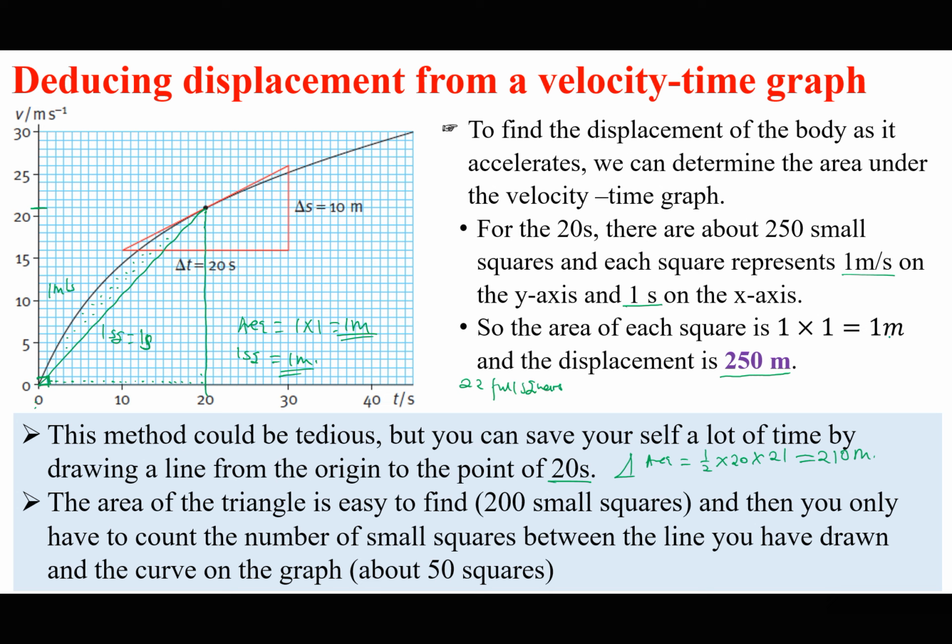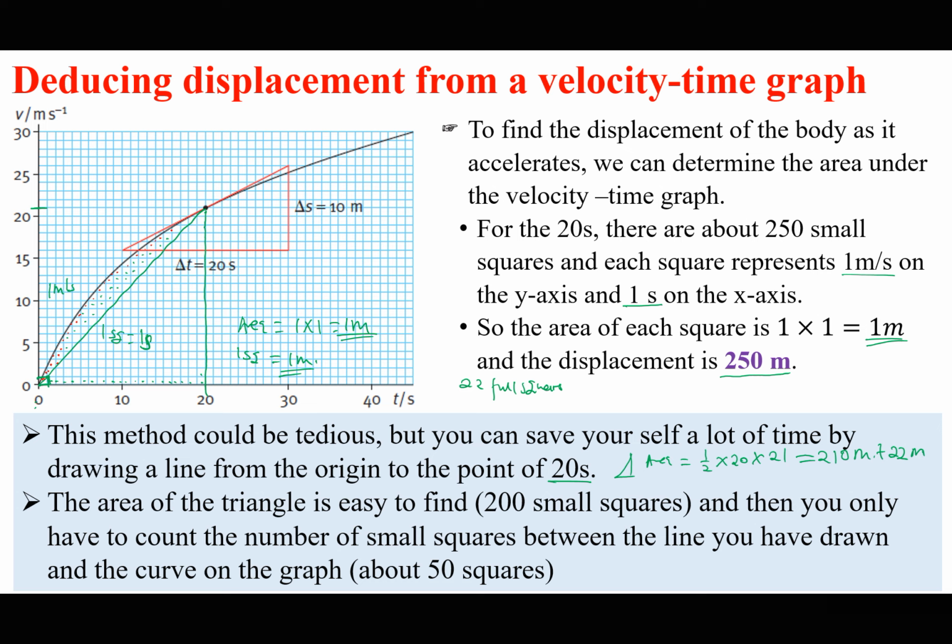Remember, each full square is 1 meter. So I'll say plus 22 meters, then plus half squares. I have to count the squares which are not full, so I will just change the color. For half squares, I have 1 at the bottom, 2, 3, 4, 5, 6, 7, 8, 9, 10. Let me count on top first. 10, 11, 12, 13, 14, 15, 16, 17, 18, 19, 20, 21, 22, 23,